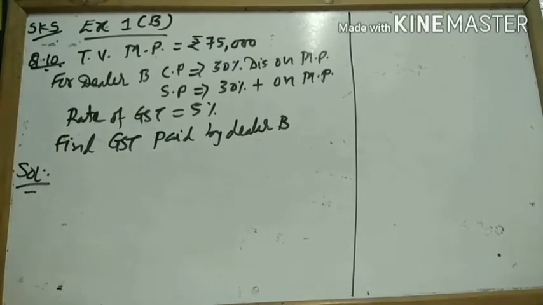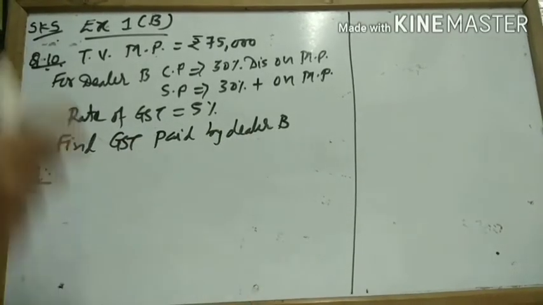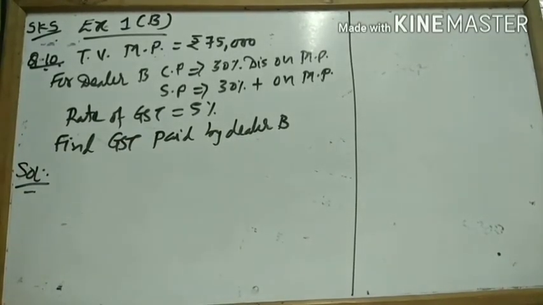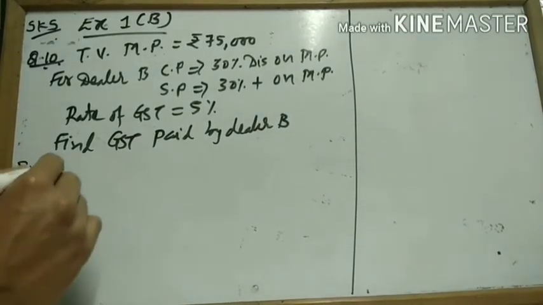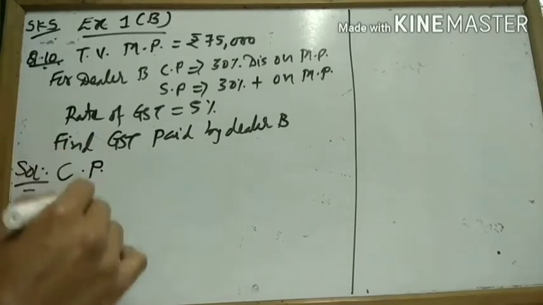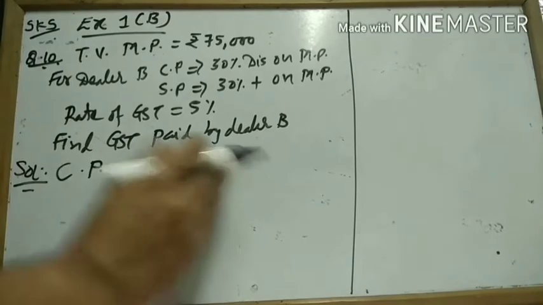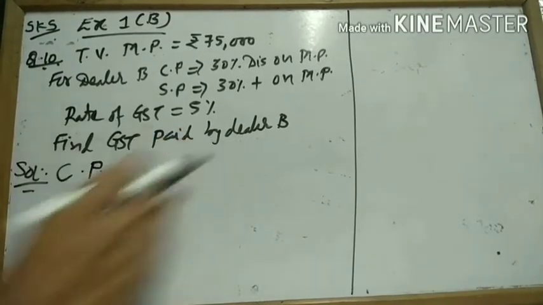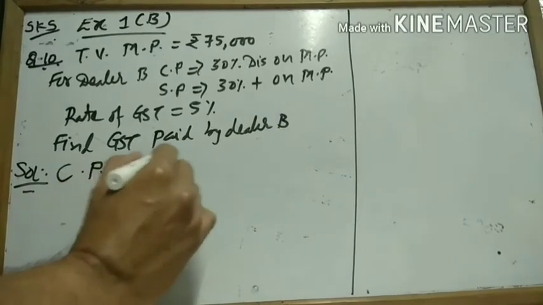Again, my dear friends, I will remind you, whatever GST dealer B has to pay will be on his profit. So our objective here is to calculate profit made by dealer B. In that case, I have to make two things clear. What is the CP of dealer B? I am just dealing with dealer B only. CP for him will be equal to 75,000